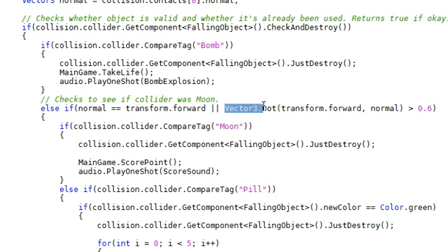What I did is I did a Vector3 dot, which measures the difference between two angles and gives you a return value of the difference between two angles, basically. So what I've got is transform forward. Each transform forward, transform right, blah blah blah represents a different shape, and I just recognized it. It compares it to the normal, and then it says whether it's within 0.6. Now it goes from 0 to 1, so 0.6 is probably going to be around about,